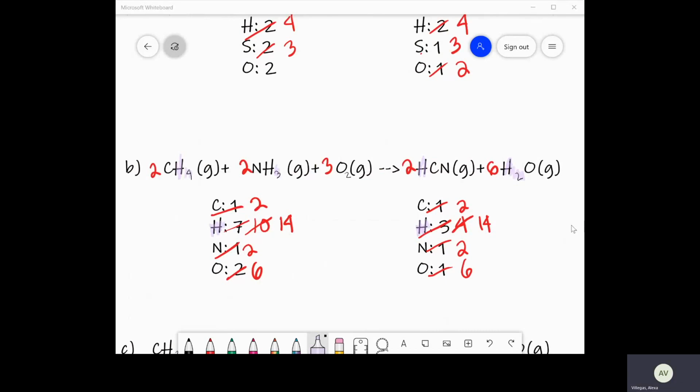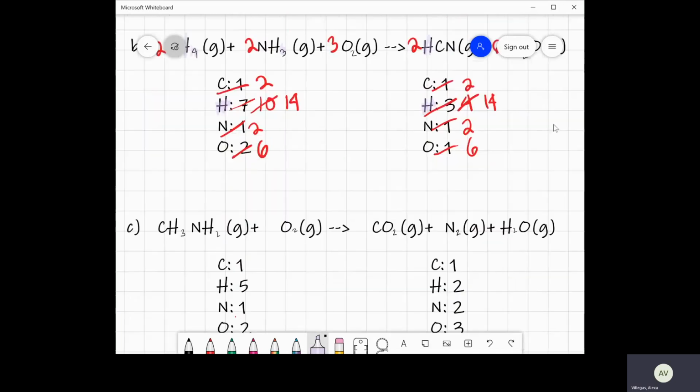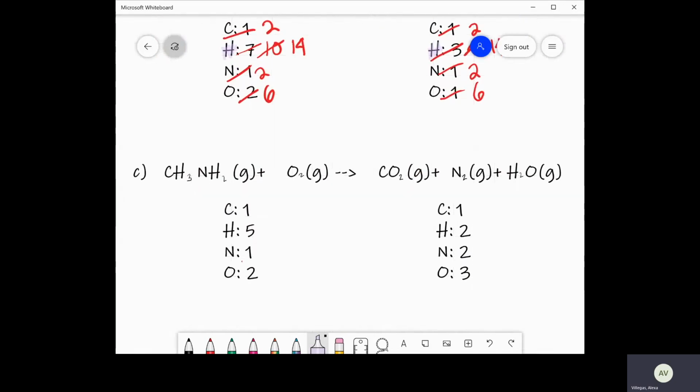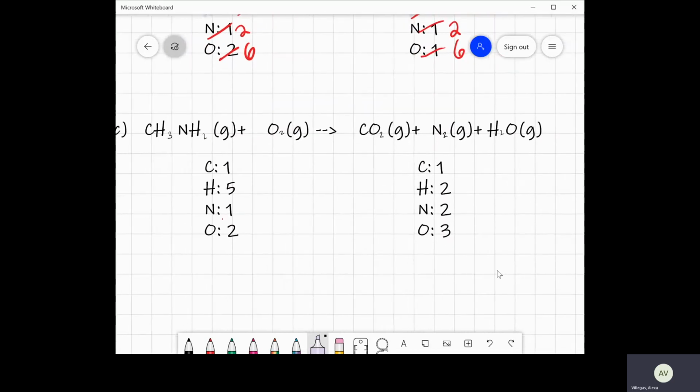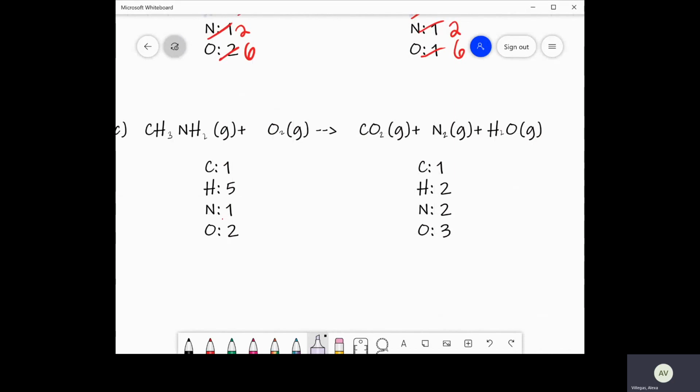Now, this next one is a little bit tricky, and sometimes you have to just play around. This one I had to for a little bit. If you only have one left, if everything else is even, don't be afraid to play around with the others and screw them up. You can always balance it out again later. So,